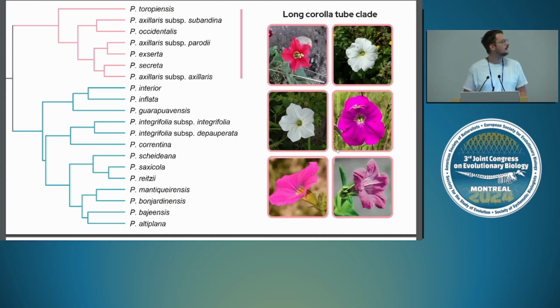This clade is very interesting because we have some diversity in morphology and pollinators. Here we have one that is red and hummingbird pollinated. Here we have some white hawk moth pollinated species. We also have one that is a purple and bee pollinated species. And also some that are very strange looking and either really rare or newer species. I don't have data on them yet, so I'm not going to be talking about these two. But